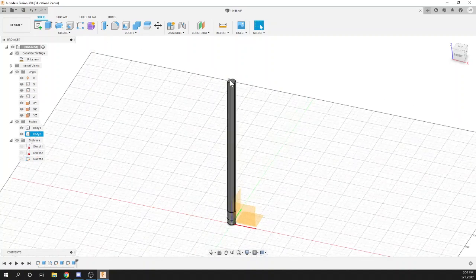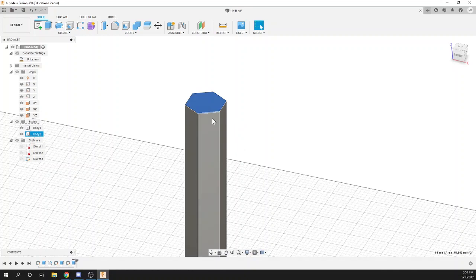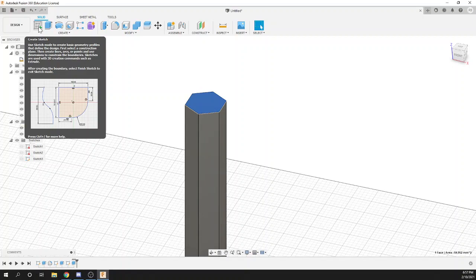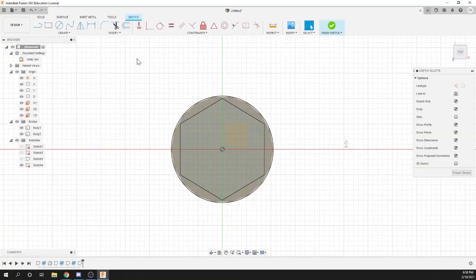And so what we can do now is actually add in the lead, like model the lead of the pencil. So why don't we go ahead and do that, just because we do have some time today and we can show off some different features. So I'm going to create a sketch off of the top of my pencil. And so we want to effectively create a cylinder